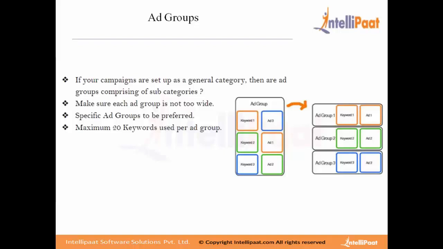Have different ad groups, which is good. Have different campaigns, which is also a great thing. But have very specific ad groups and very specific ad copies and very specific campaigns with very well targeted keywords. And along with that, if you have deep linking of your landing pages, every specific ad copy has a different landing page. You cannot just have one landing page working across all your campaigns in your account structure. That is not going to make a lot of sense and would not lead to great quality score. It is a lot of effort creating a lot of landing pages for every single ad copy, every single advertisement.